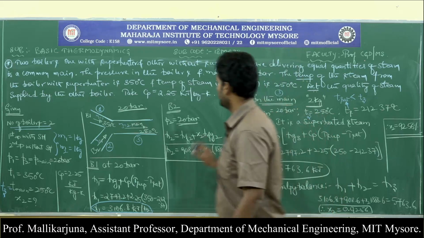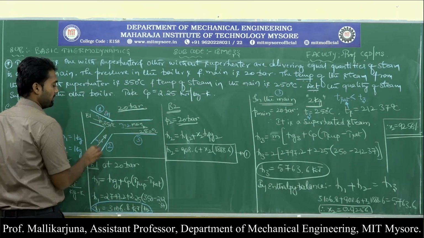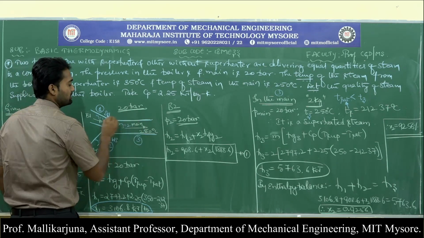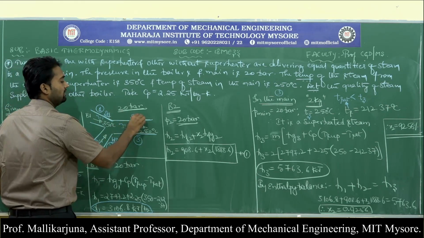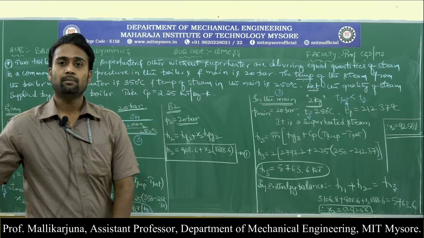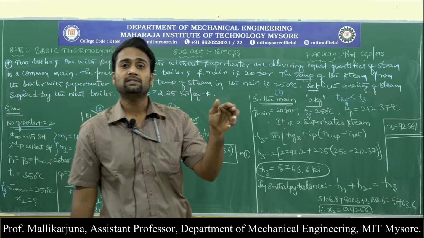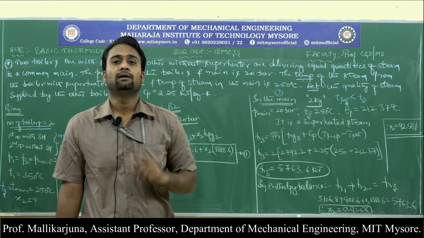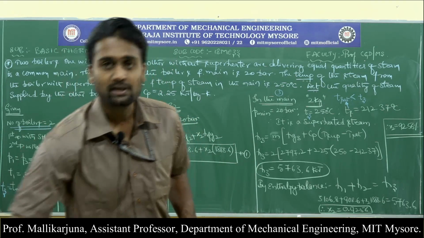That means it is very clear now, this B1 is supplying superheated steam, this B2 is supplying wet steam. Still upon mixture of superheated steam and wet steam, mains is possessing superheated steam. Boiler 1 is supplying the superheated steam, boiler 2 is supplying the wet steam. Still upon mixture of superheated steam and the wet steam, the mains is possessing the superheated steam. So this is how these kind of problems need to be solved.